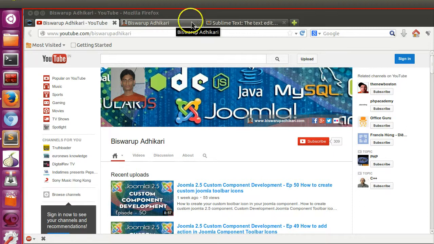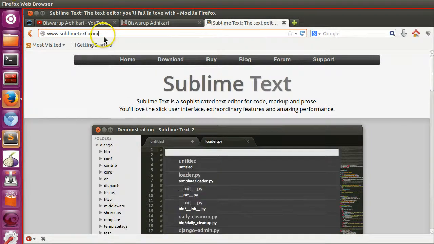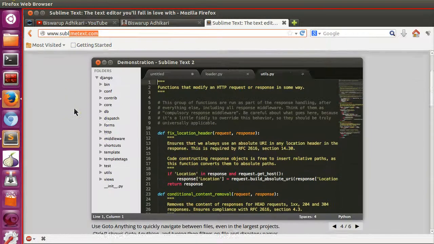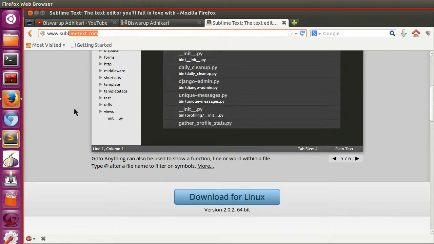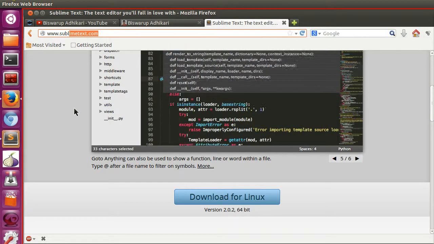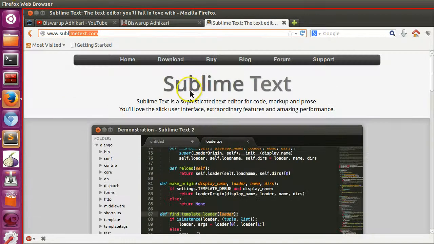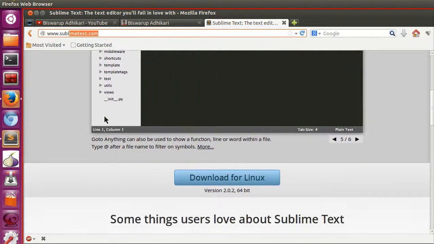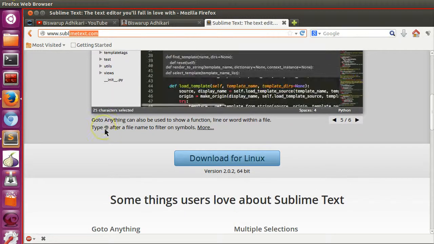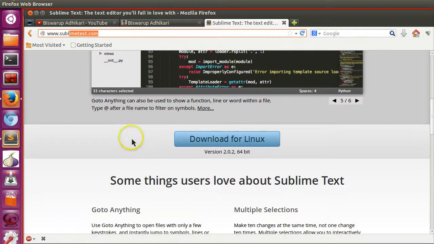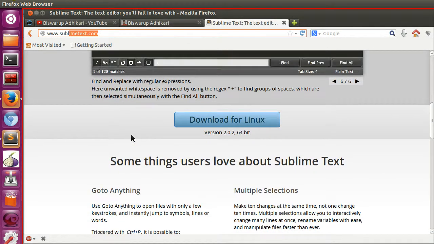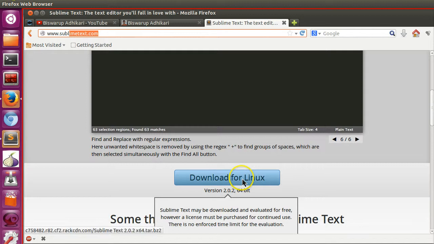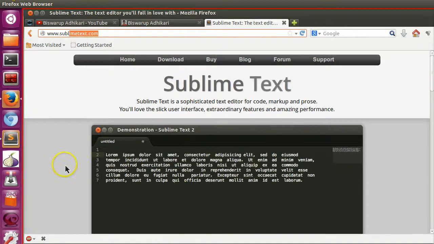Or you can download this one, Sublime Text. This is an awesome editor. It is available for Linux, Windows and Mac. It is free, actually not free, but you can use the trial version for a long time. They have no limitation on the trial period, so I think it's very good. So download this and install it on Linux or Windows.